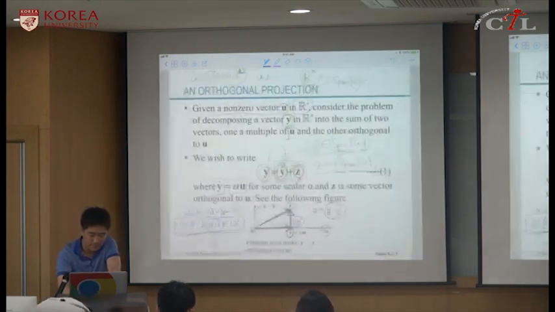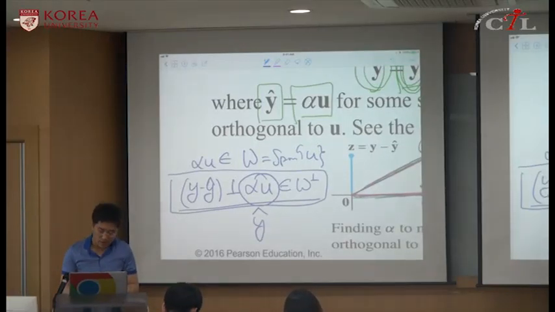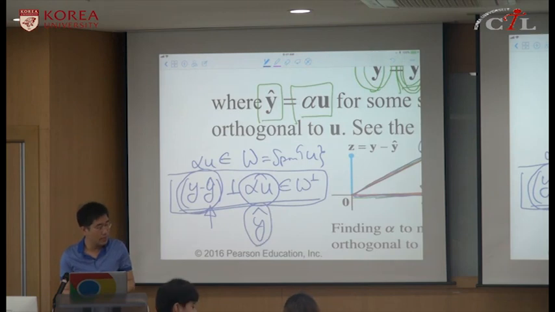And if we obtain y hat in such a manner, this guy is not only perpendicular to y hat, but also perpendicular to any vector in W perpendicular, because any vector in W perpendicular,